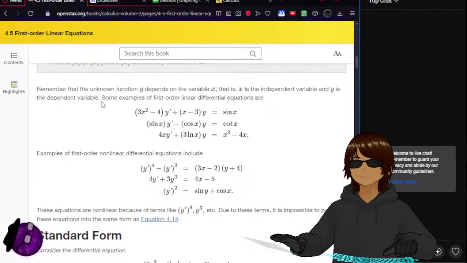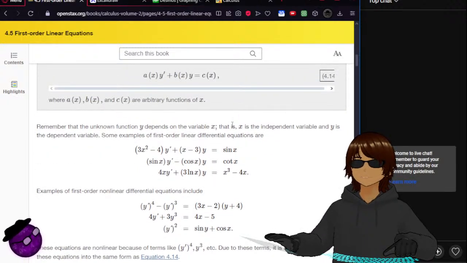Remember that the unknown function y depends on the variable x, that is, x is the independent variable and y is the dependent variable. Some examples of first order linear differential equations are